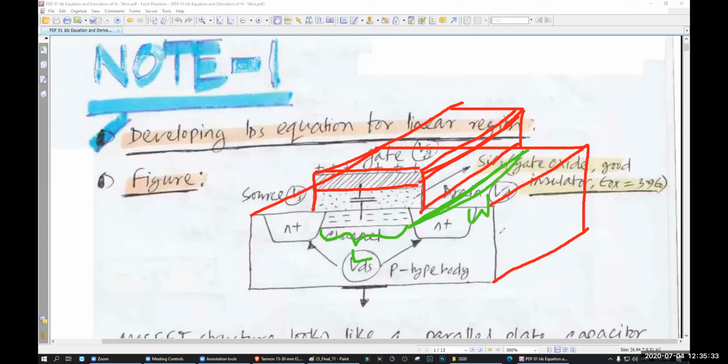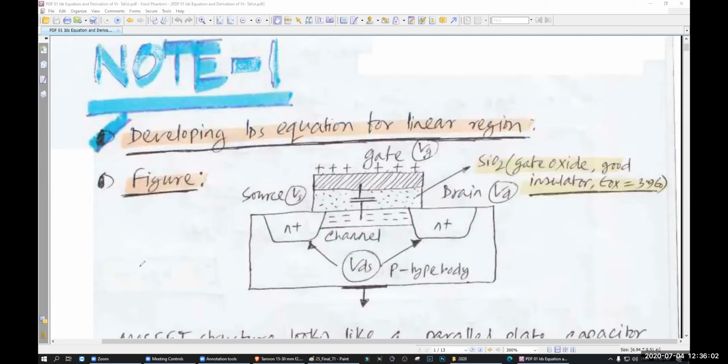Understood? Which one is length? Which one is W? The L and W that we have done in the lab, remember the 12 micrometer and 3 micrometer? That is actually this L, this W. The L and the W that we did in the lab, this is actually the channel length and this is actually the channel width. So here, how to find out the time?